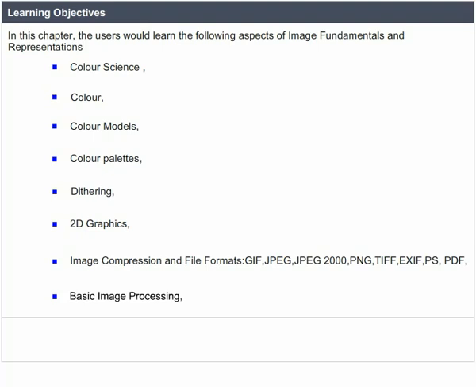Chapter 4. Image Fundamentals and Representations. Learning Objectives. In this chapter, the users would learn the following aspects of image fundamentals and representations: color science, color